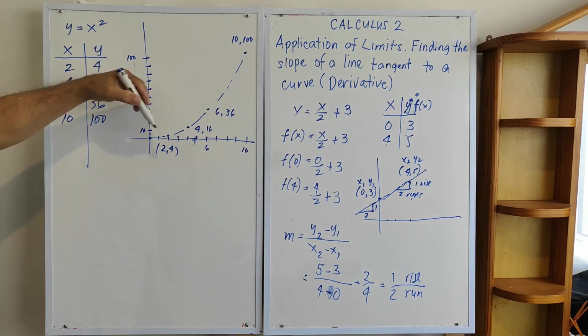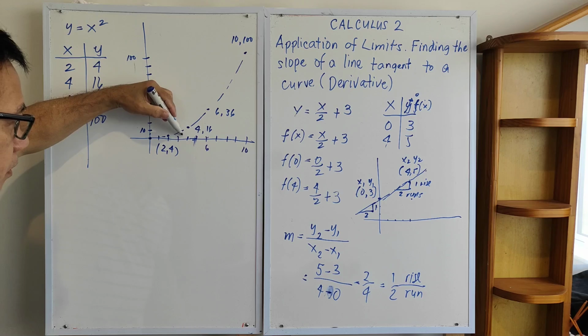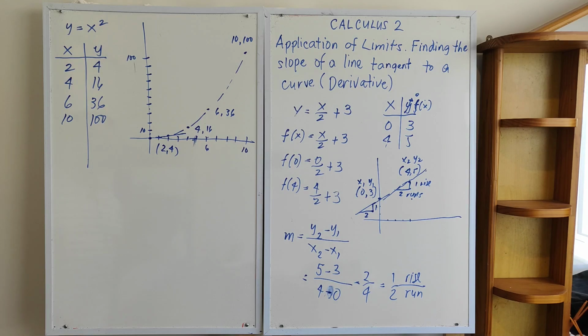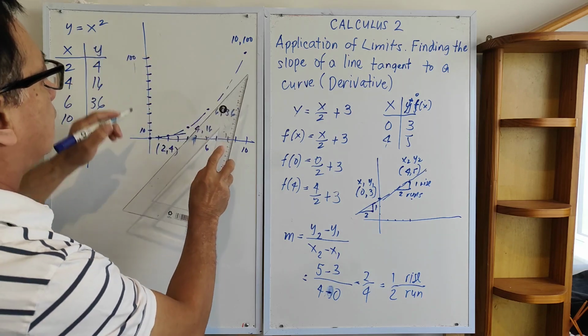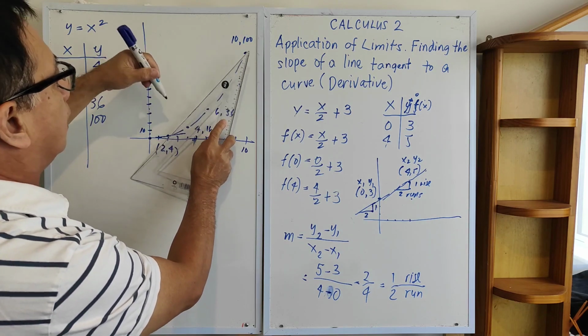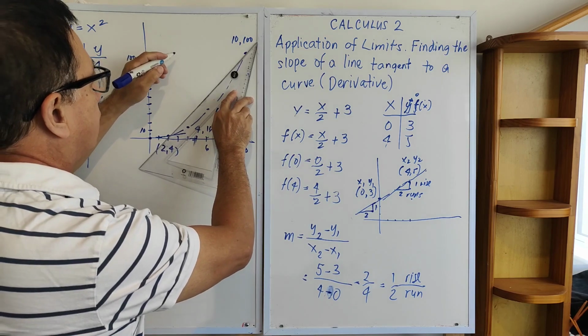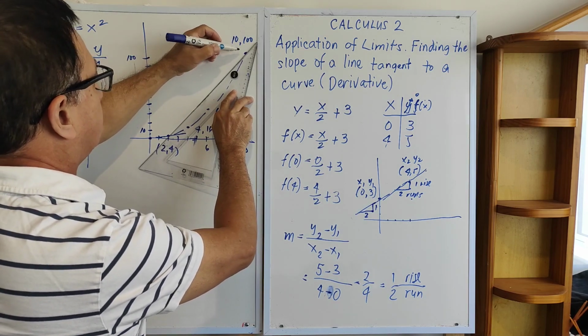So you want to get the slope of this point. The slope in here is almost flat. Now we can start getting the slope with 10, 100. We can get the secant line, which is a line passing through two points in a curve. So if we get the slope of this one,